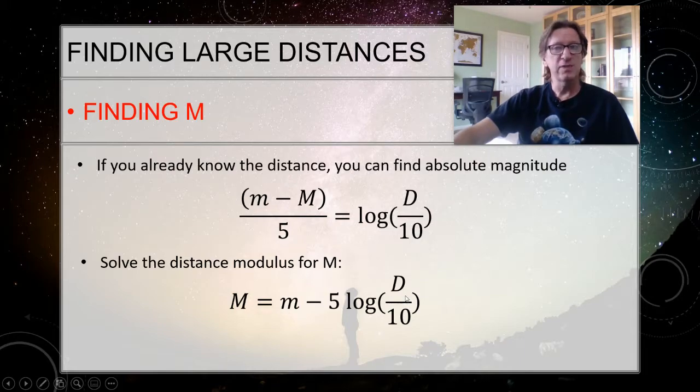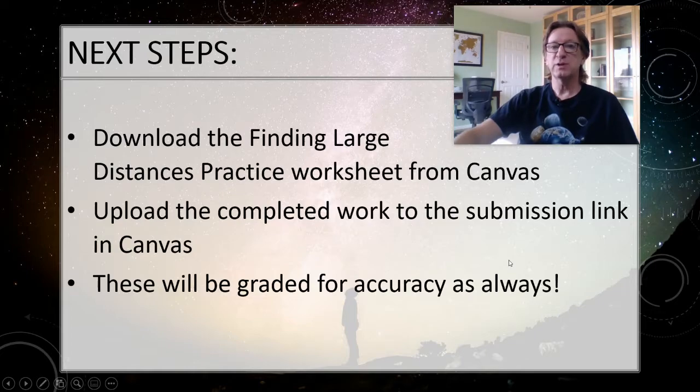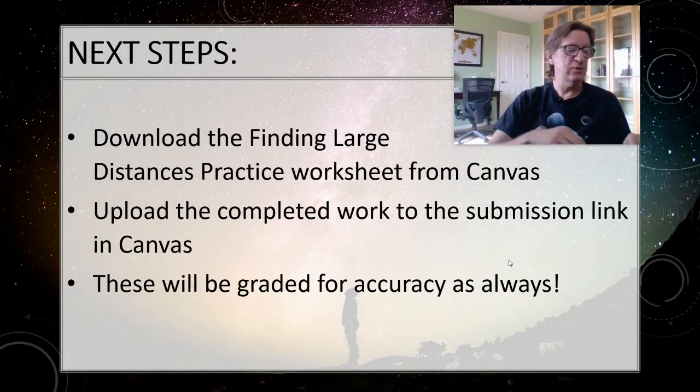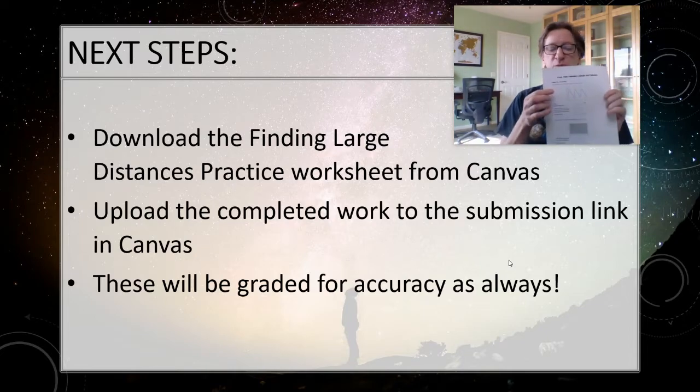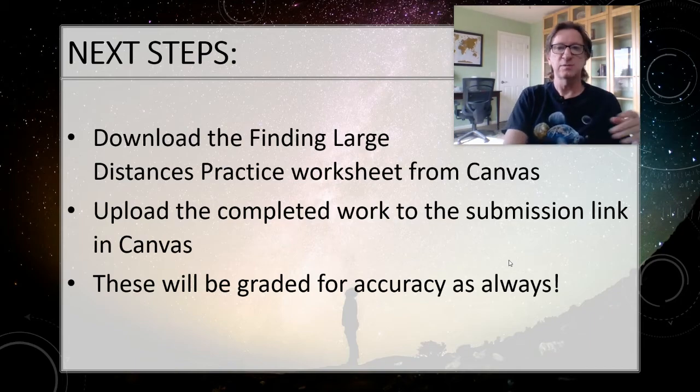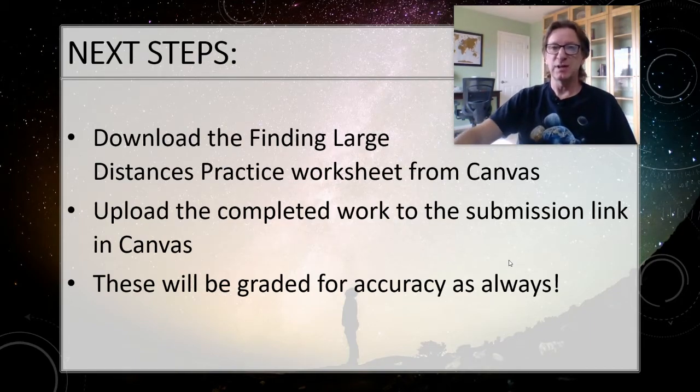The only way I could get that would be if it were close enough that I could find it with parallax from that. So in the lab, you will be using this formula. So it might be worth jotting down, making sure that you've got it. All right, so that's where we're going to stop. So make sure that you download the practice worksheet. Looks like this. We're going to have you use both a Cepheid and a type 1 supernova, and you're going to figure out the distance to both of those. If you have any questions, make sure you come in live help.